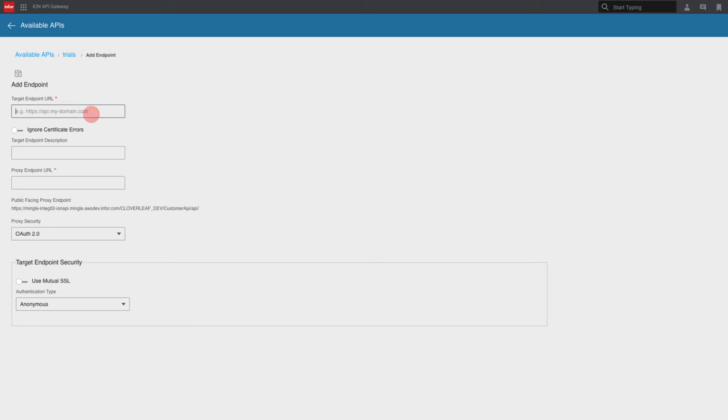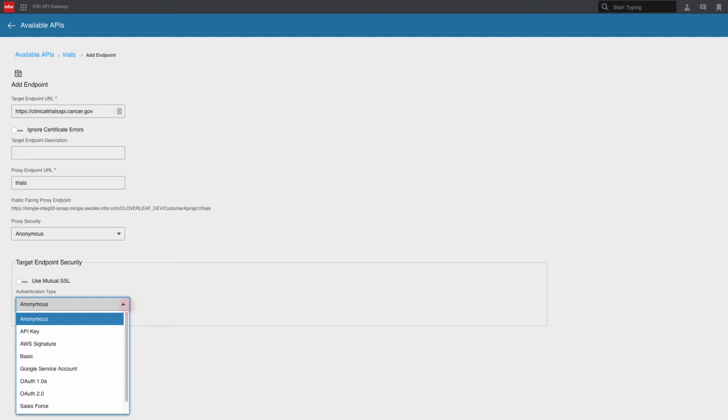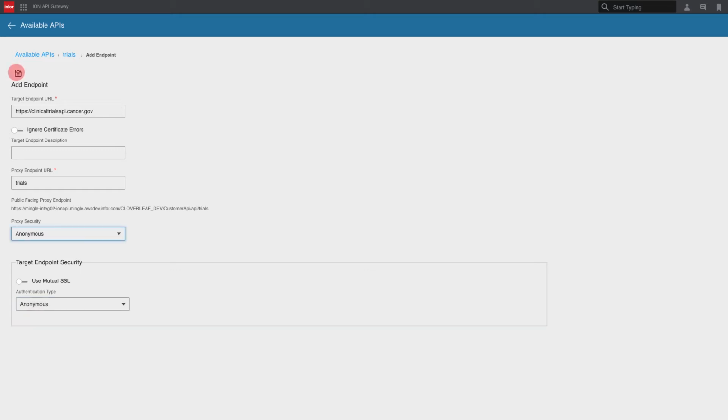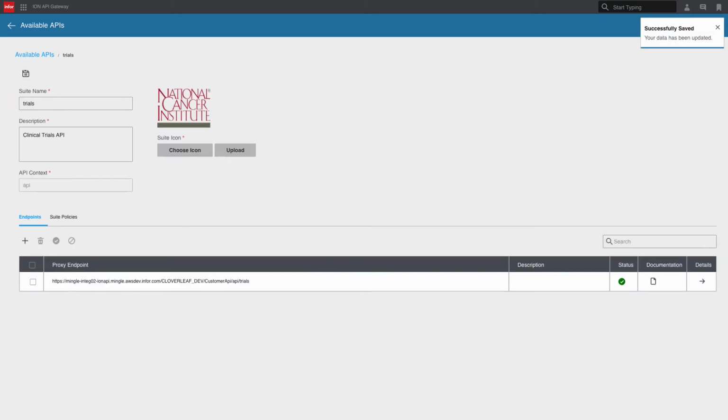cancer.gov API endpoint. I'll give it a proxy endpoint location, and you'll see the publicly facing proxy endpoint changes as I type that in. I can also set my proxy security to anonymous and can apply any target endpoint security as well. Now that I've entered all configuration options, I'll go ahead and save my configuration, and to validate and test my